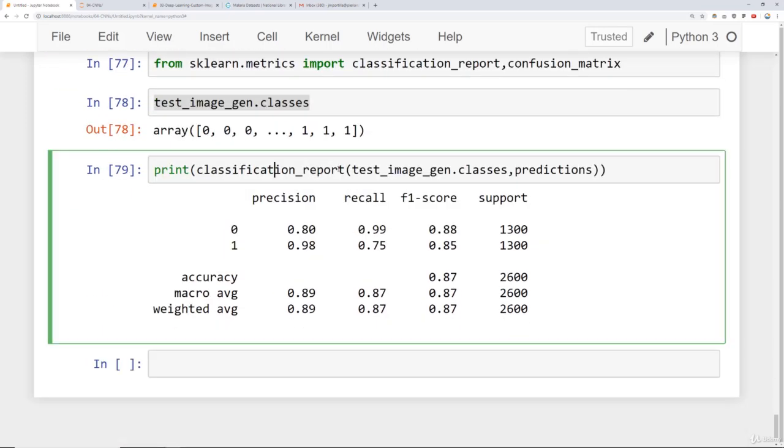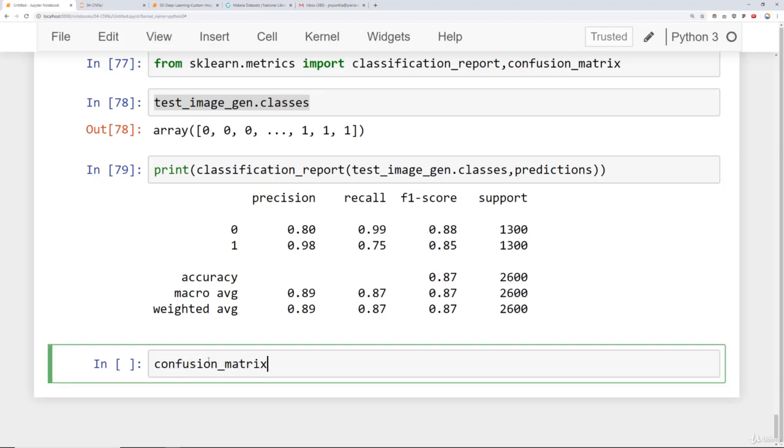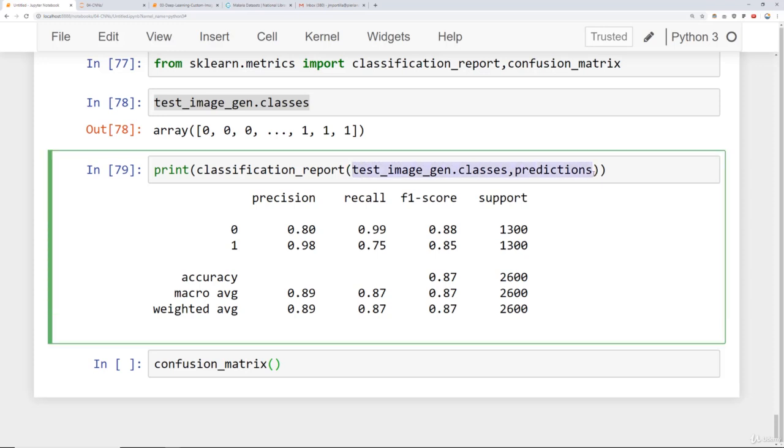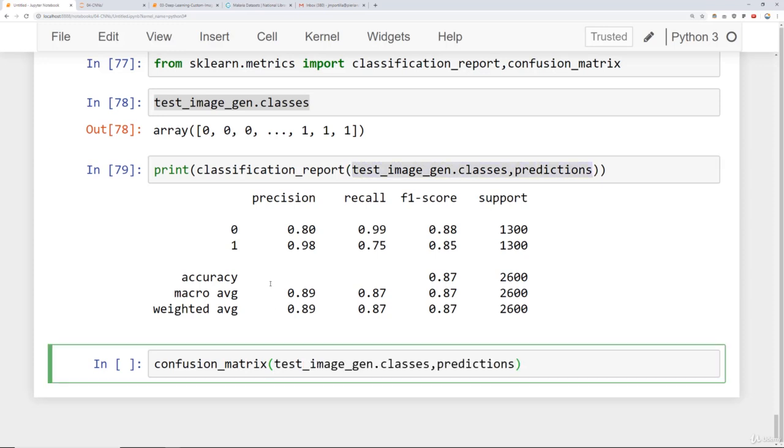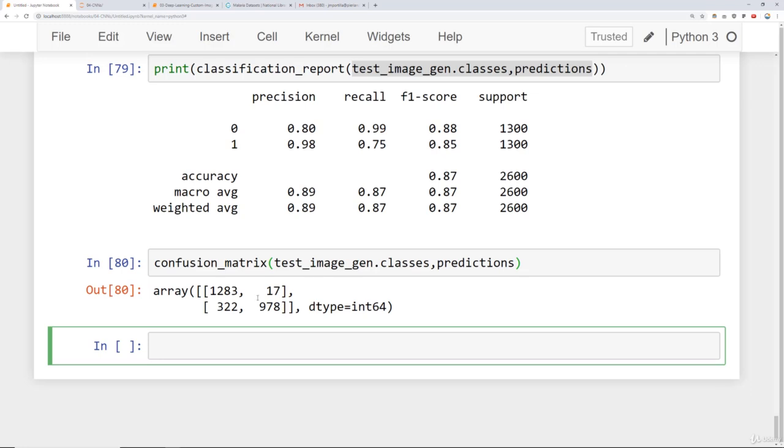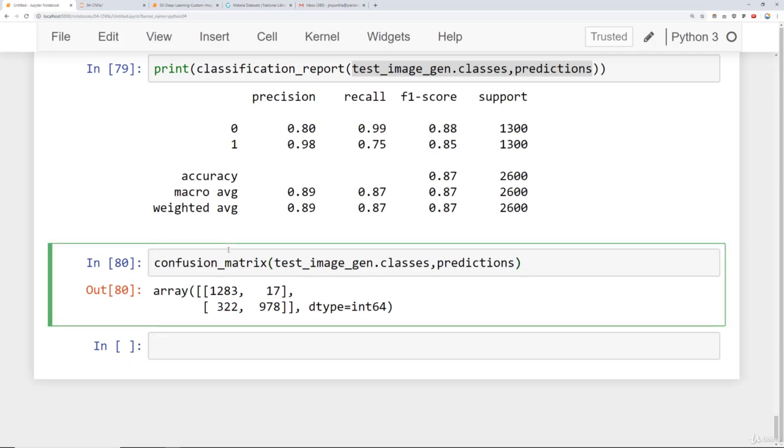Okay, so we have our classification report, and we can also perform a confusion matrix if we want to. We can say confusion matrix, passing in essentially this tuple right here. Go ahead and just copy and paste that, and we can see how many we're misclassifying. Okay, so once we take a look at that, let's show you how to predict on